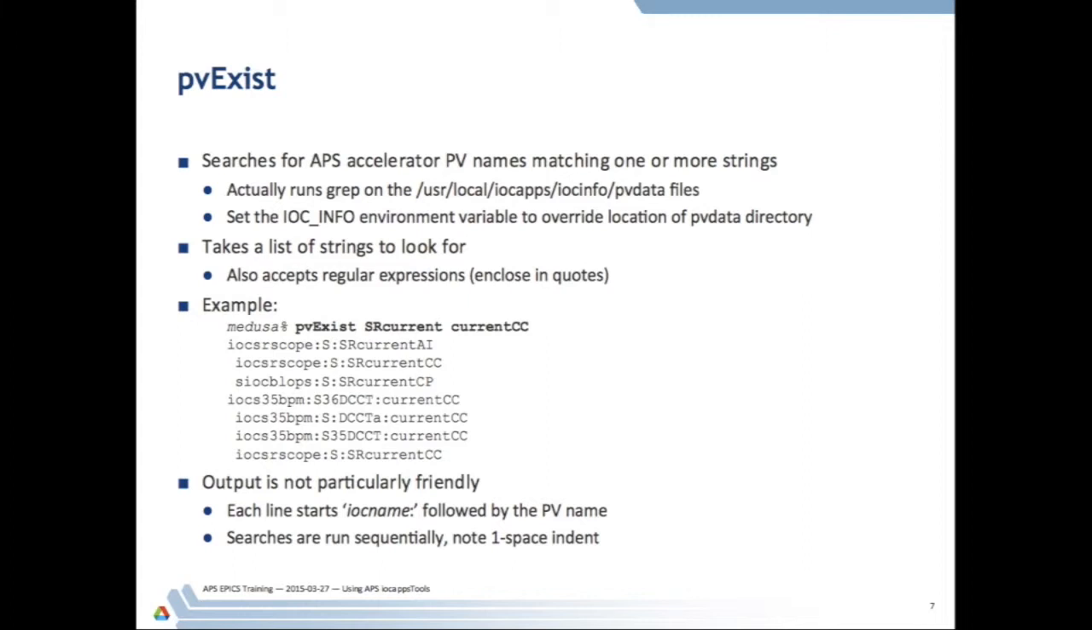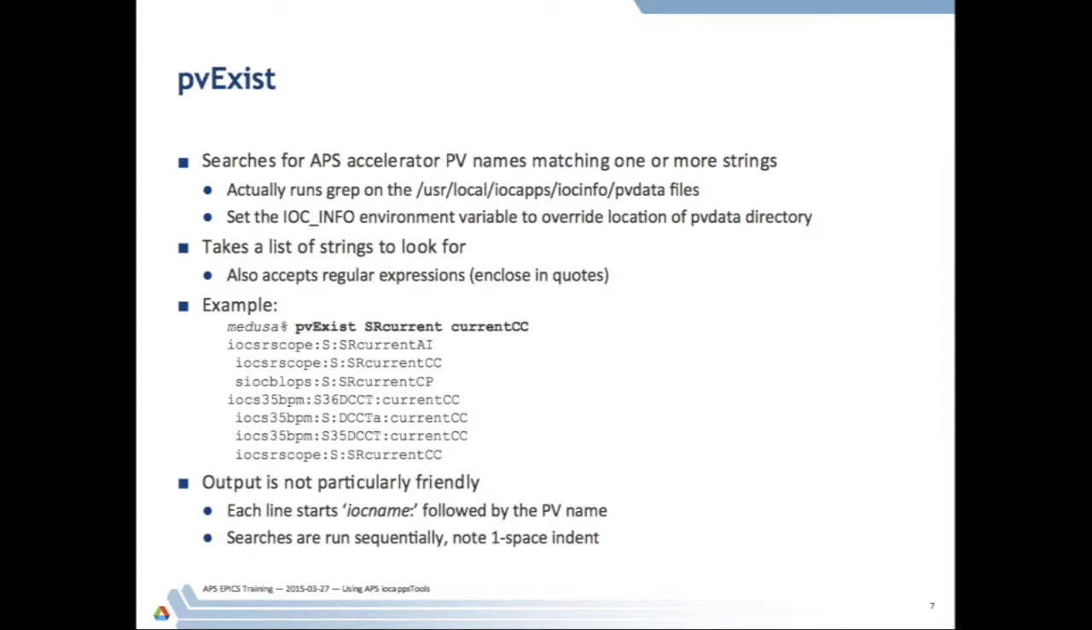While we're talking about accessing PVs, process variables, the tool pvexist is useful if you know part of a name but you don't know the full name. You can use pvexist and give it the part of the name that you know, and it will actually look through the PV data files that all the IOCs generate and grep through those and give you a list of all the record names that it can find that match